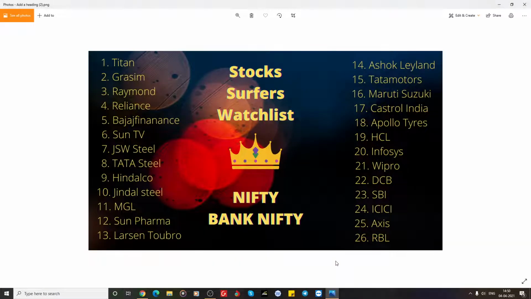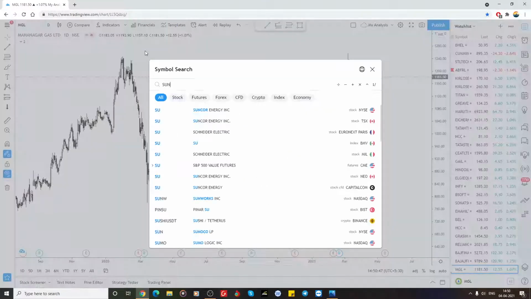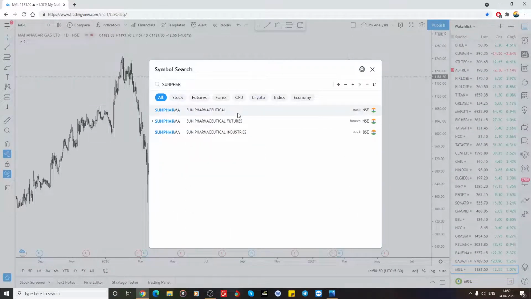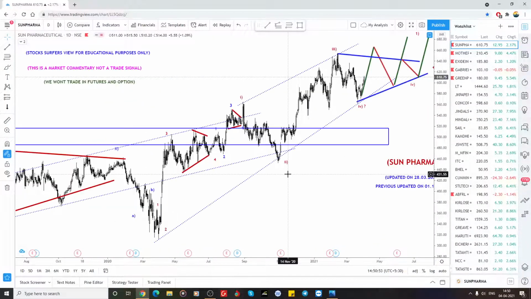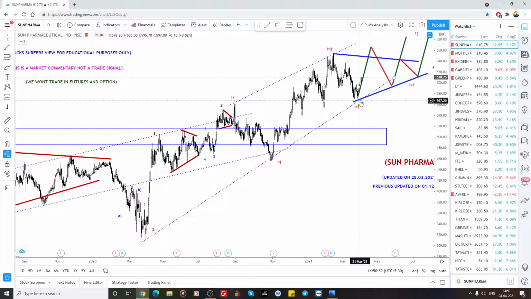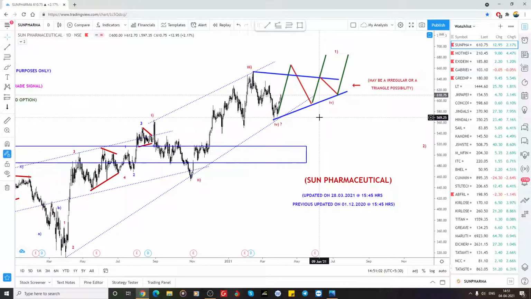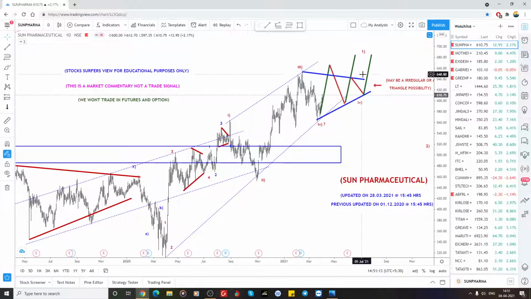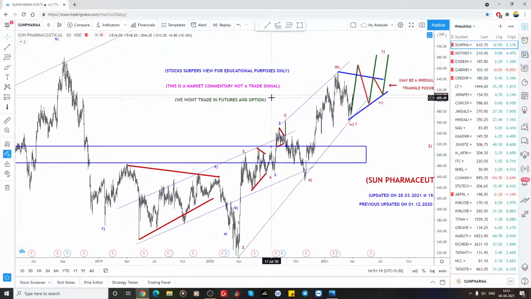So the next is Sun Pharma, and then L&T. Sun Pharma is also 1 2 3. So we are in the fourth wave. What I explained, everything is in the triangle. If you are watching all my analysis from the last week, everything we are stuck in the triangle, or it could be a fourth wave for the irregular flat or running flat. So we have to finish the structure, then only we have to enter, depending on what kind of structure is going on. So still I am expecting that bullish scenario for that 700 zone for that Sun Pharma.